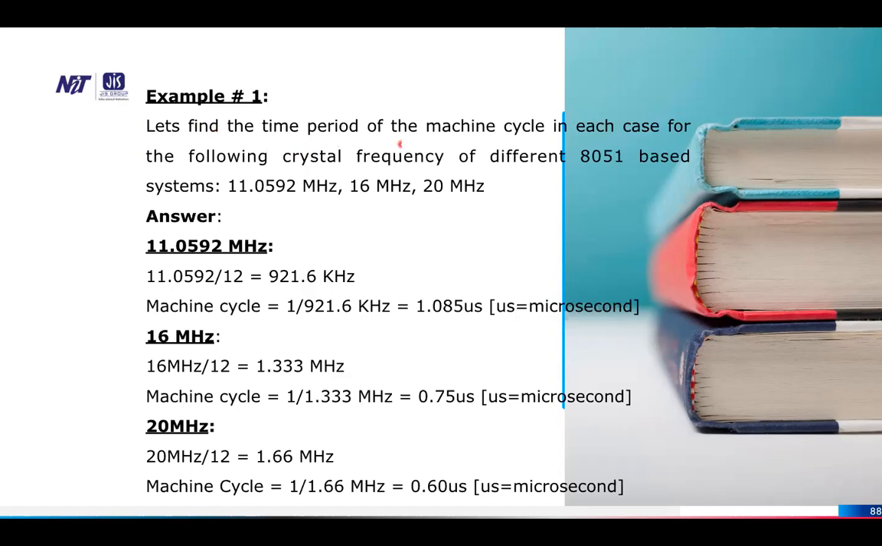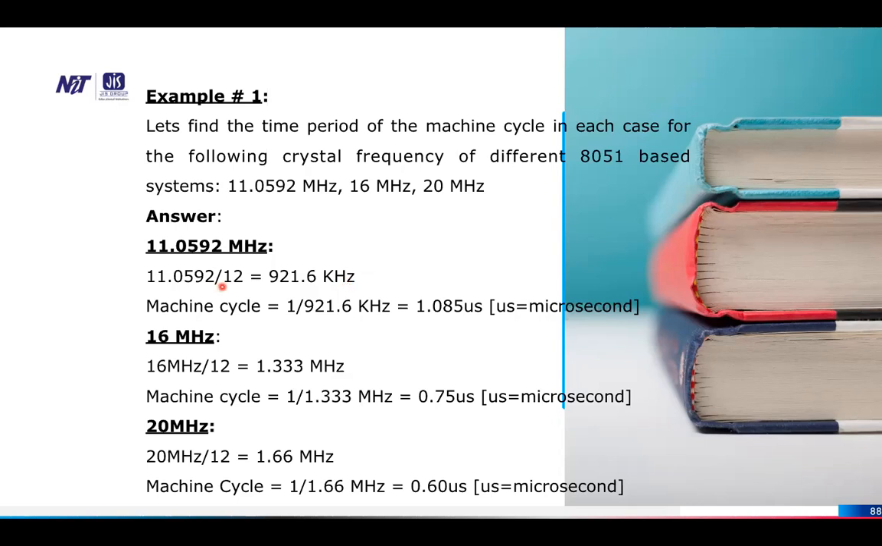Let's find the time period of the machine cycle in each case for the following crystal frequencies of different 8051-based systems: 11.0592 MHz, 16 MHz and 20 MHz. For 11.0592 MHz,